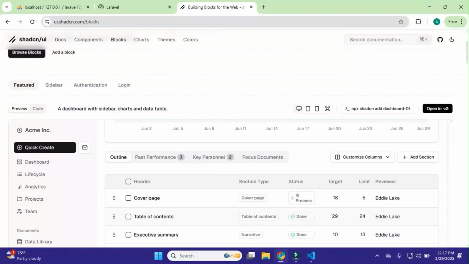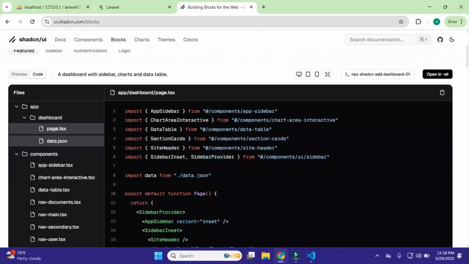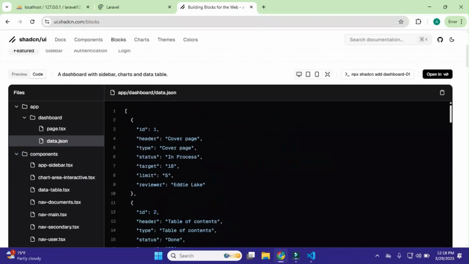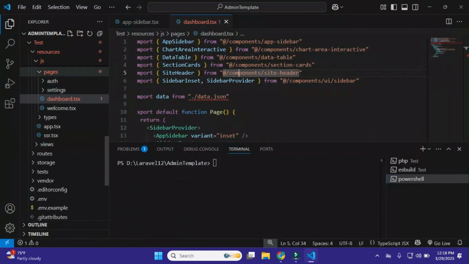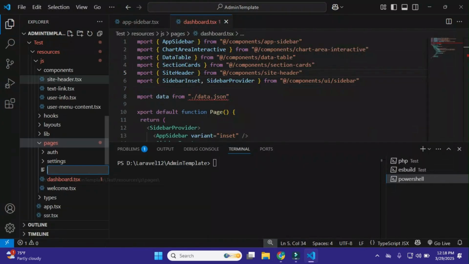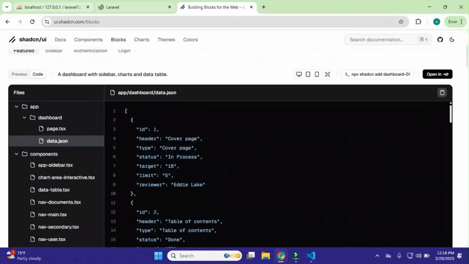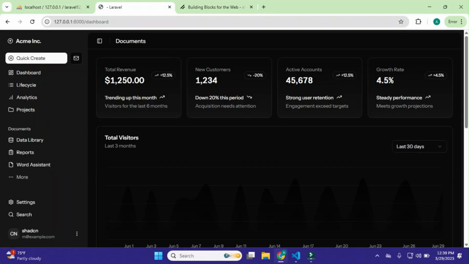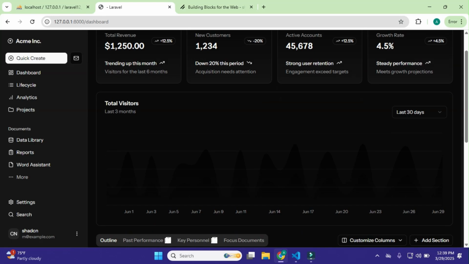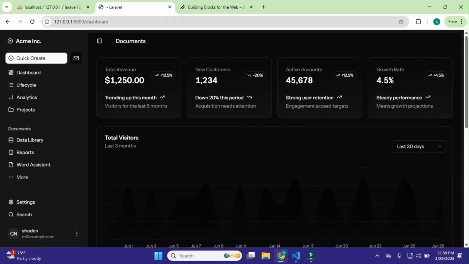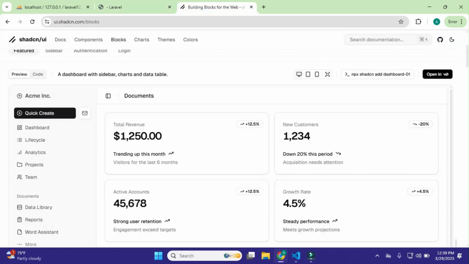This data is coming from this data.json, so just copy this data.json file code, and here I'll click on new file, name it data.json and paste the code in it, and go to the browser and reload it. And now you can see it shows me the dashboard that we saw here, that is this.